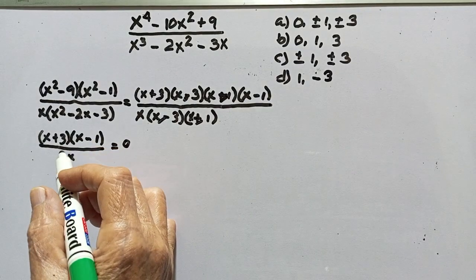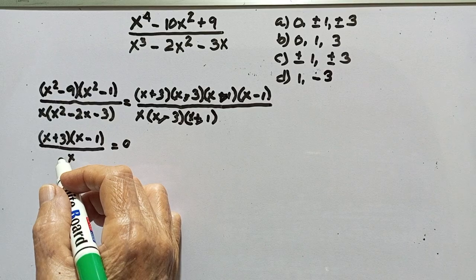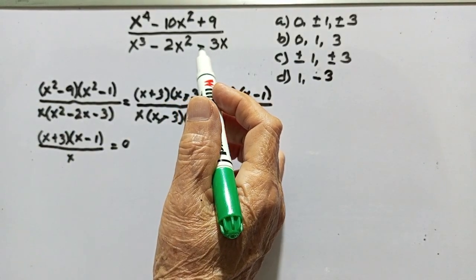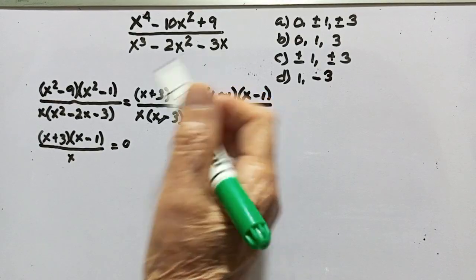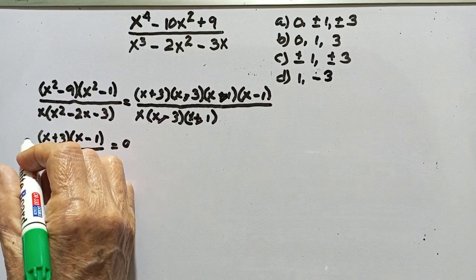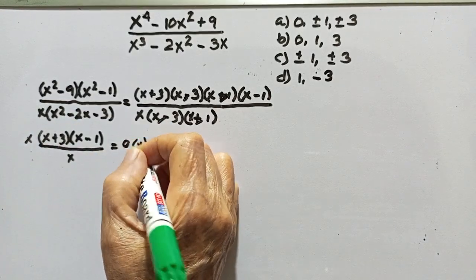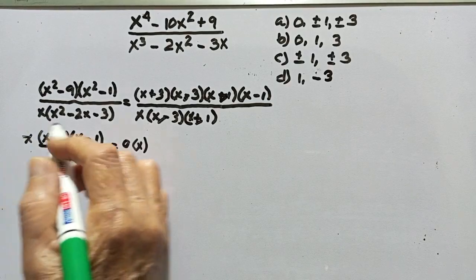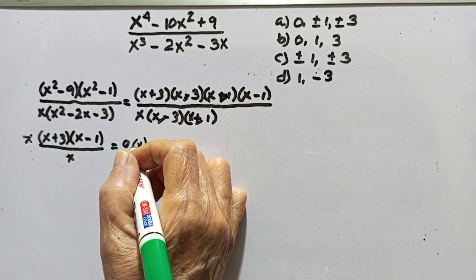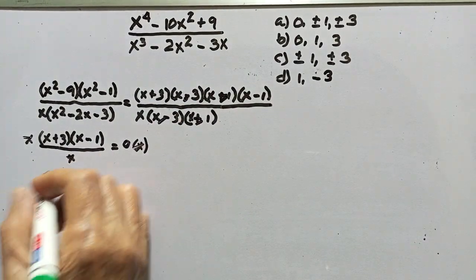Now we will solve for the value of x in such a way that this equation will have a 0 value. So we will multiply this left side by x. Also, we have to multiply the right side by x. So this will cancel, this will cancel. And 0 times x is still 0, so we have to cancel that. So we have now